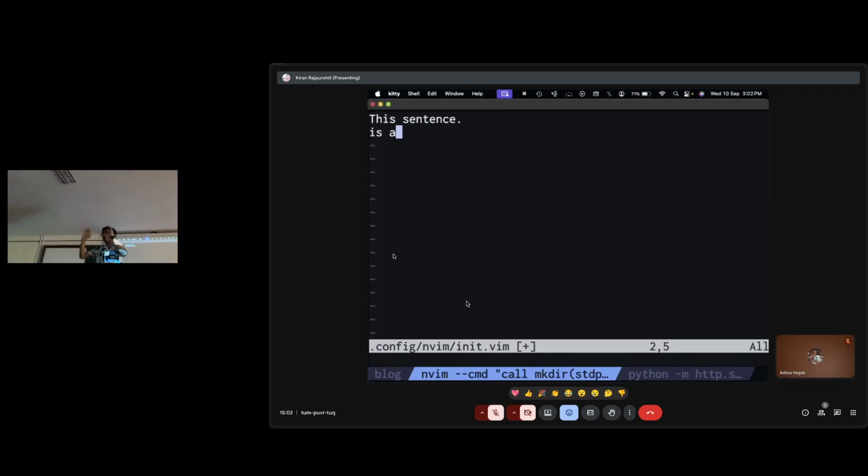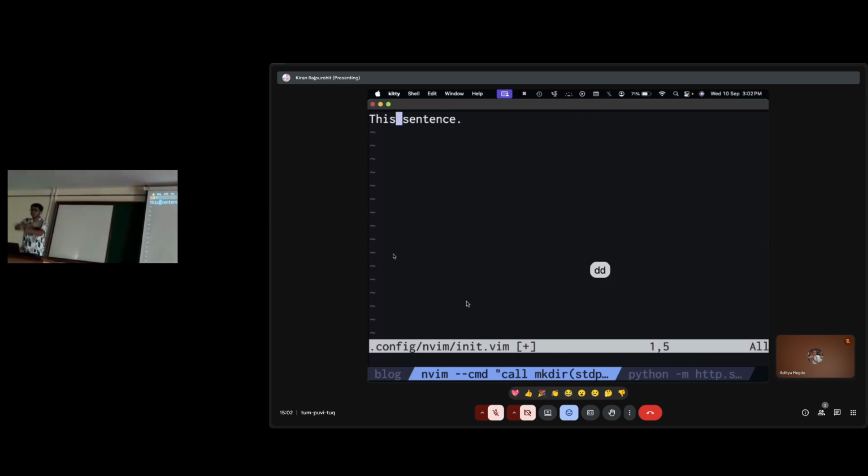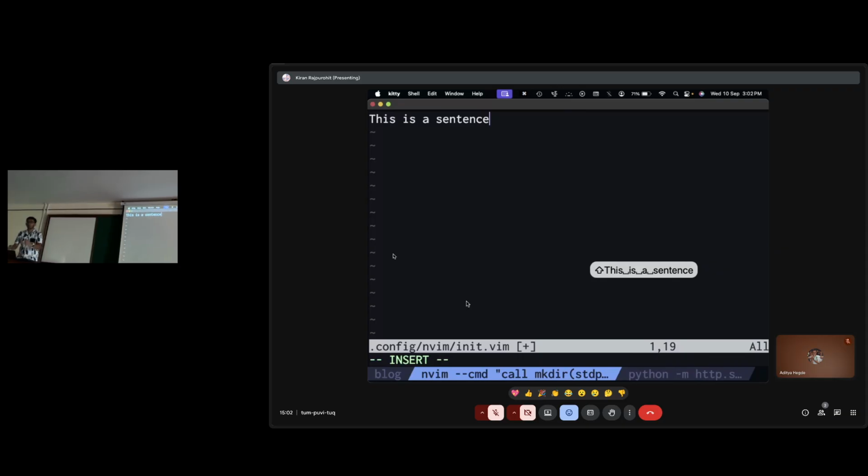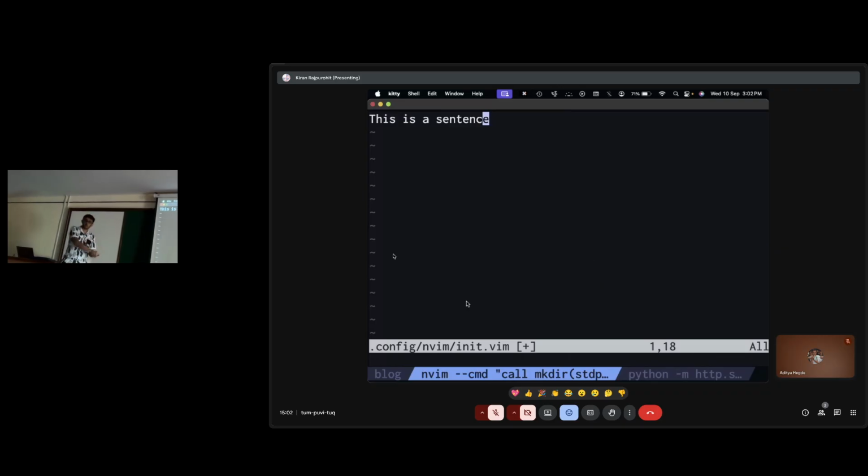And it'll be awesome if everybody helps out. Listen again. So I do dd to delete this line. dd to delete this line as well. So nothing on my copy. I'll press I to go into insert, and now I can start typing text. So I'll type this is a sentence. And once I'm finished with this, I'll press escape to go back to normal mode.